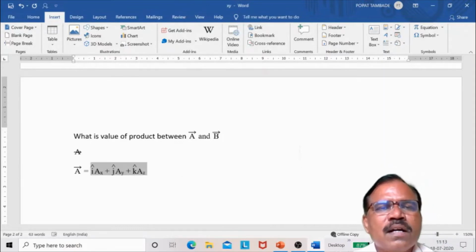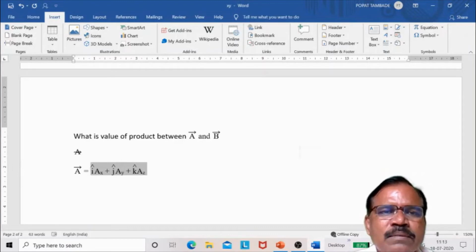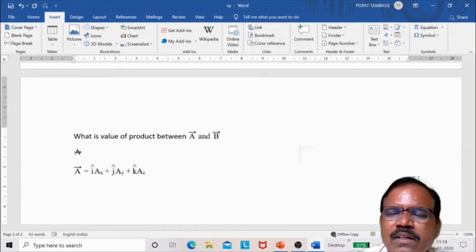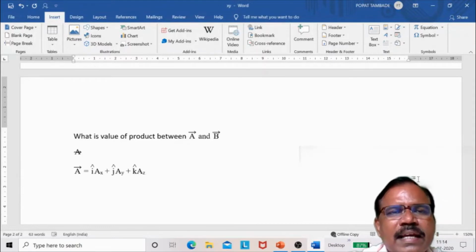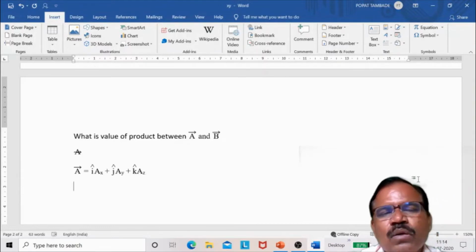So I got A is equal to IAX plus JAY plus KAZ. In this way I can write vector A, similarly I can write vector B and so on.